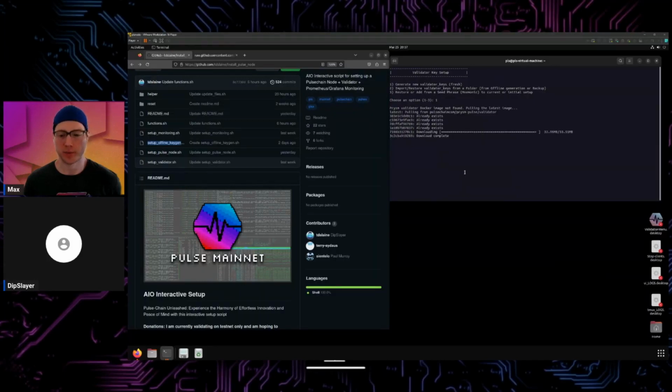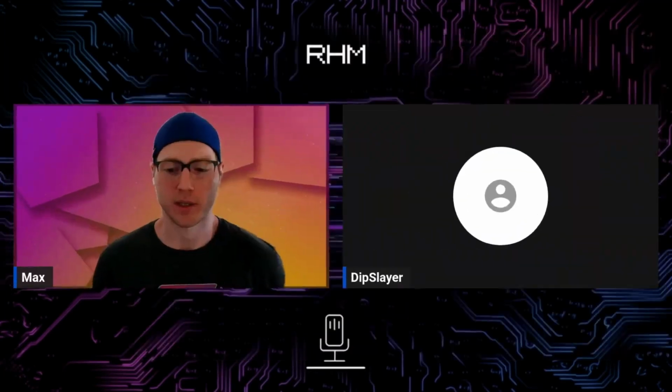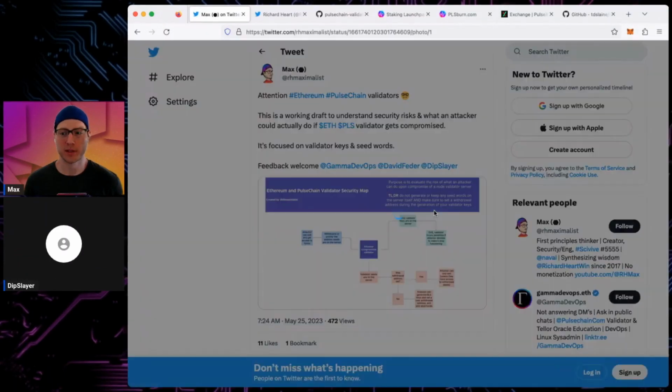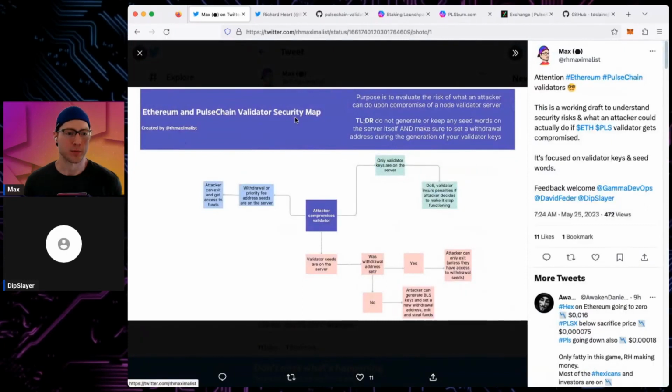Actually, while that's taking a minute, I'm just going to remove yours and add mine back to the screen real quick, because I want to get your thoughts on this. This is something I came up with last night. I've been trying to reason about this to provide some kind of guidance. It's a work in progress, but this is, from what I understand so far about the attack surface,